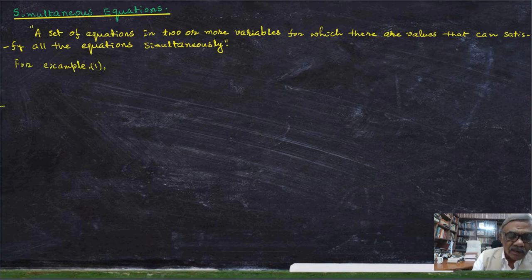For example, we can see here x plus y plus z is equal to 5, x minus y plus z is equal to 3, and 2x minus y minus z is equal to 7. These equations are satisfied simultaneously by